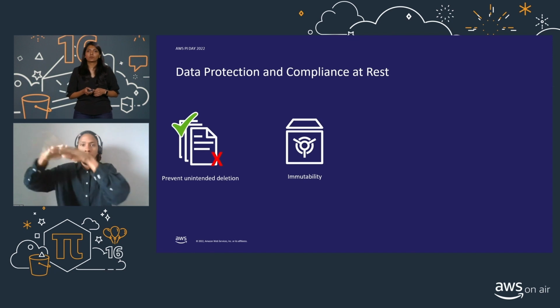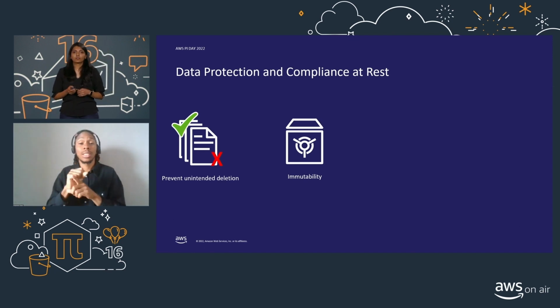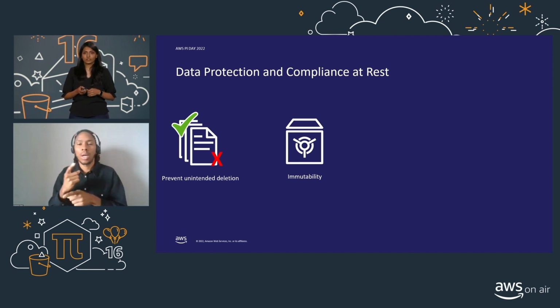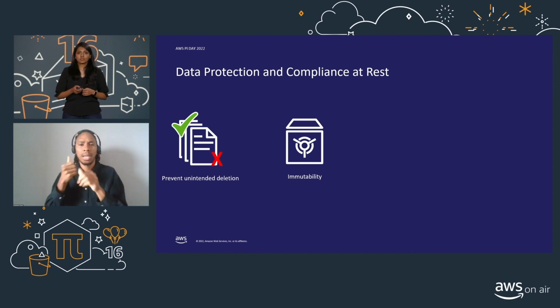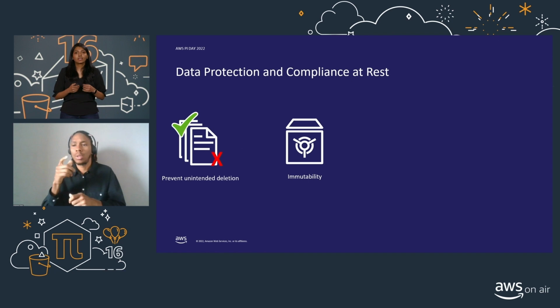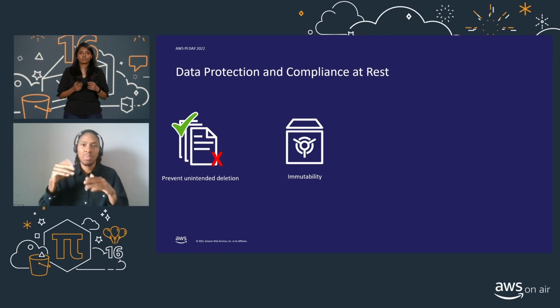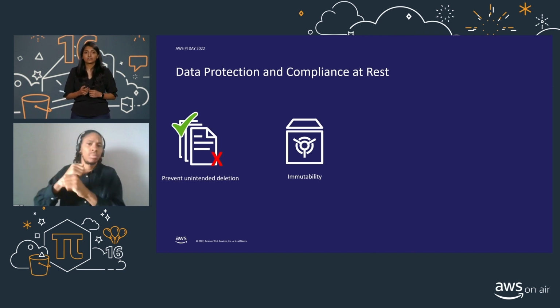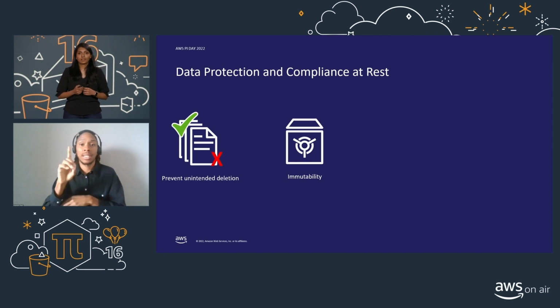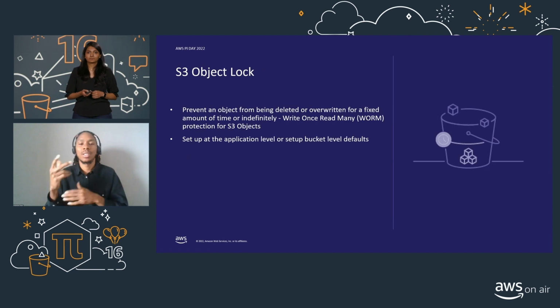The next use case I want to talk about is for customers who want write once, read many compliant storage. They're looking for capabilities on S3 to designate buckets or objects to be immutable so that they cannot be altered or deleted by anyone for an extended period of time. In this day and age where cyber attacks are a huge risk to many businesses, a simple way to prevent any kind of deletions or mutations on your business-critical data can be powerful. To solve this problem, let me introduce you to S3 Object Lock.